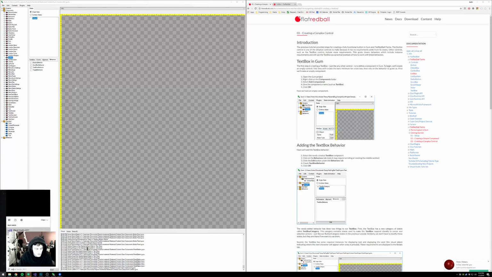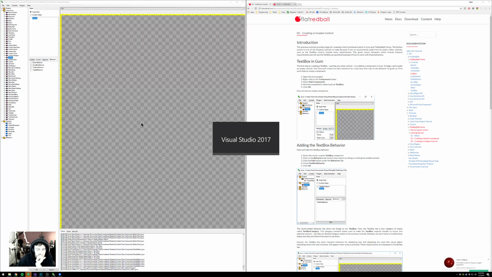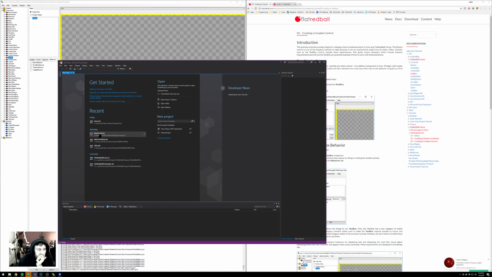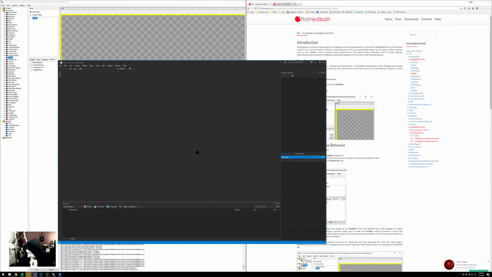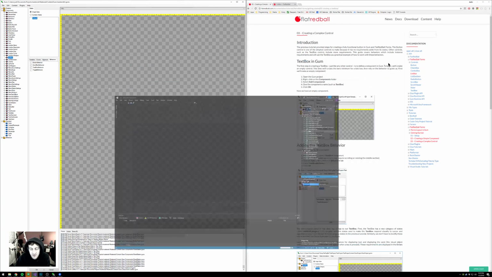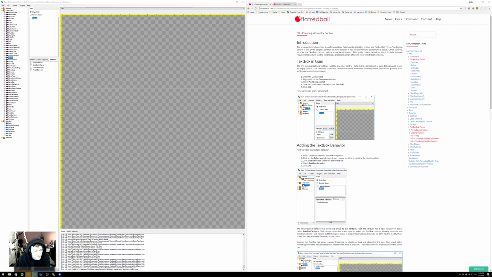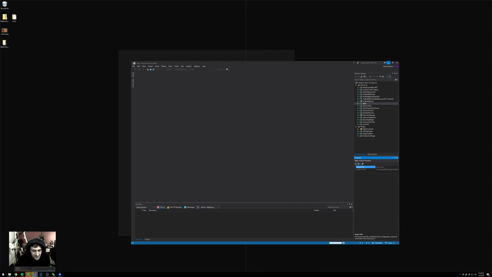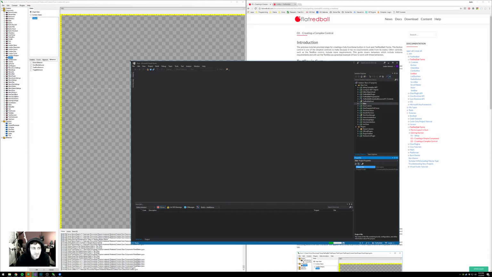Just a second. Okay, so basically, because I originally built this super early, I need to do one other step here. I'm running all of the FlatRedBall tools from source, so there's going to be a ton of different Visual Studio stuff running, but